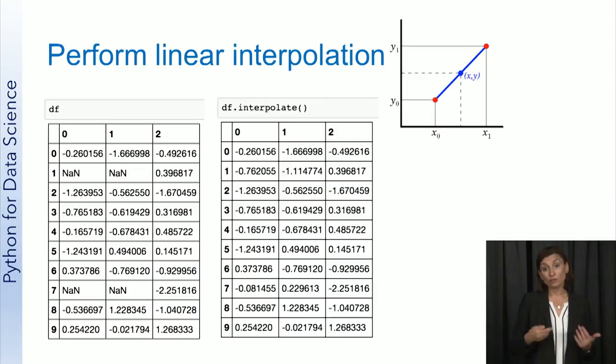You can also interpolate values in both series and data frame objects. The default for the interpolate function is linear interpolation, meaning the method tries to fit the values to a curve or line using linear polynomials, like the point xy in the graphic on this slide. There are other interpolation methods to pick from as well, but we'll leave it at linear interpolation in this introduction